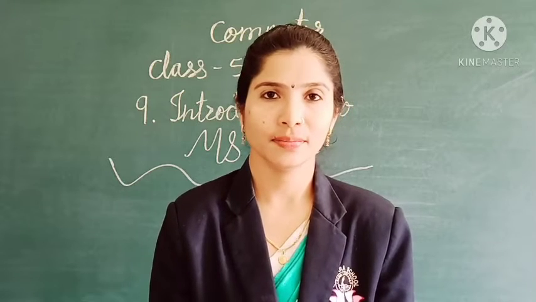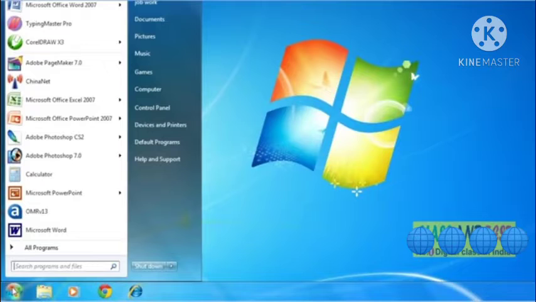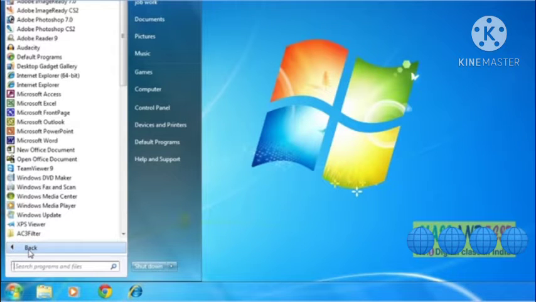Let's see. If we want to open the Excel program, then click on the Start button. Then one list will open. There the All Programs option will be there. You can click on All Programs. Then one list will open. Many programs are there.